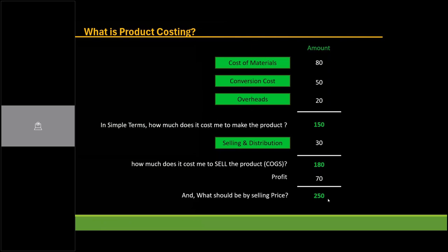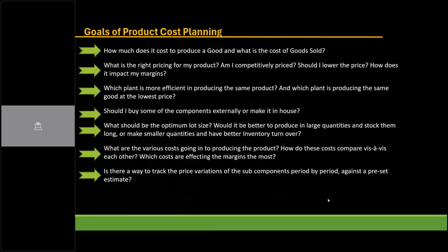If everything is so easy, then there is no complex work for us, right? Anybody can do it. Now let us see the production process. So what does product cost help you in? Product cost helps to understand what is the cost to produce a good, which you already answered, Harish, right? Product costing is how much does it cost to produce a product? What is the cost of goods sold? It will help me understand. Second, it will help me in understanding what should be the right pricing for our product.